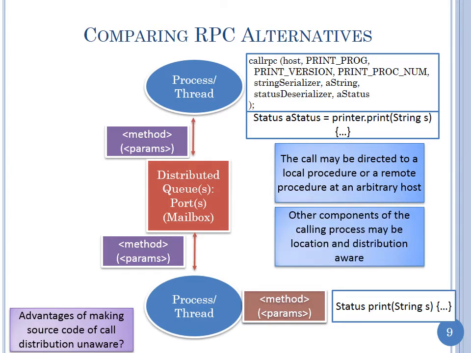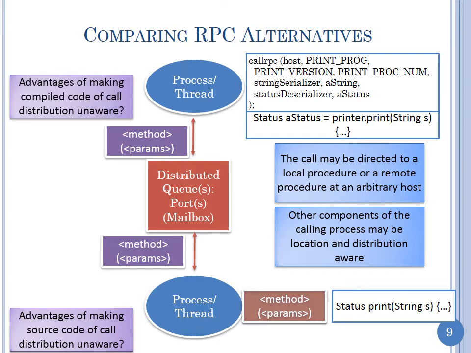So, like I said earlier, other components of the calling process may be location and distribution aware. So it doesn't mean that the client is location and distribution aware. The client or the caller can be aware, and it's just the call we're talking about. Okay. So now I'm going